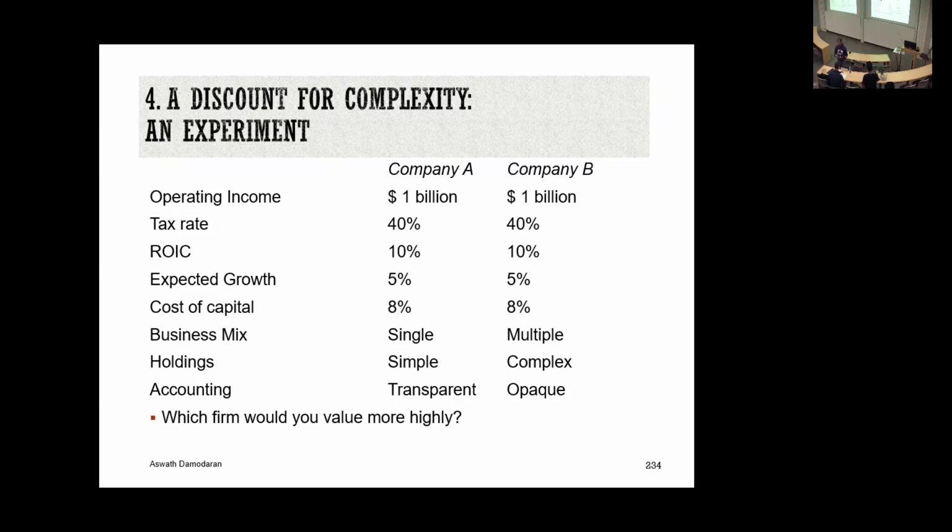What does that mean? They tell you how much money they made, what they own, what they owe, which is what accounting is supposed to do. Company B has exactly the same numbers. It's in multiple businesses, some of which you don't even know what the business is, has a very complex holding structure, special purpose entities, cross holdings, joint ventures.